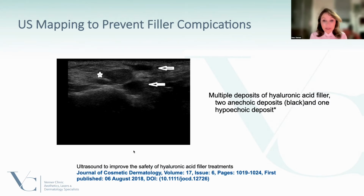And here you can see an image with multiple deposits of hyaluronic acid, and two areas are black. So they are anechoic, and this should be recently introduced hyaluronic acid in tissue. The other area is hypoechoic, and so this could be a longer standing hyaluronic acid that has been in the tissue for longer. But what's so nice here is that hyaluronic acid is so easy to visualize with this